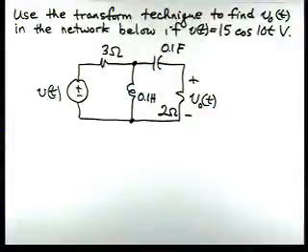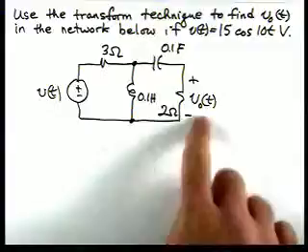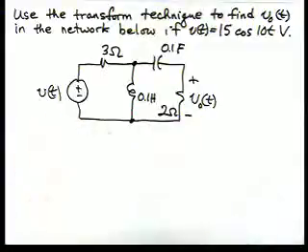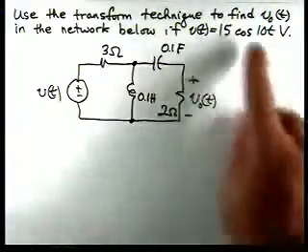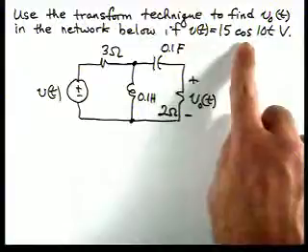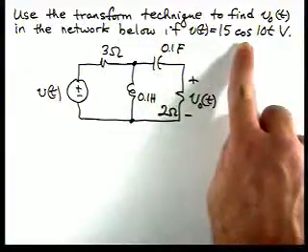In this problem, we're asked to use the transform technique to find V0 of t in the network below if V of t is 15 cosine 10t. And the way that we'll approach this is we'll convert over to the frequency domain circuit and find a transfer function which relates V0 of t and V of t. Once we have that, then we'll convert this to its equivalent Fourier transform and perform the analysis